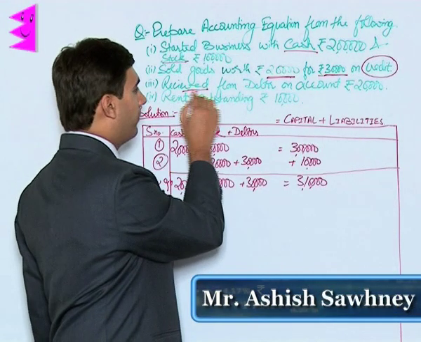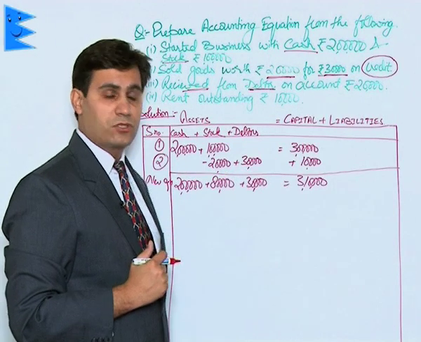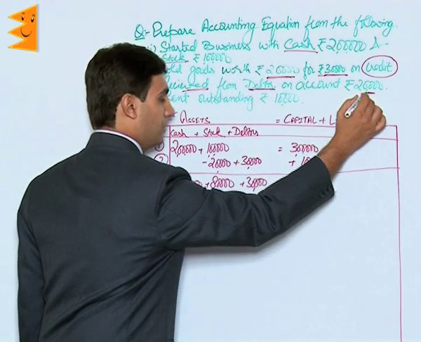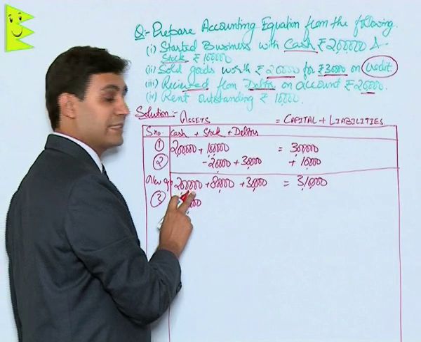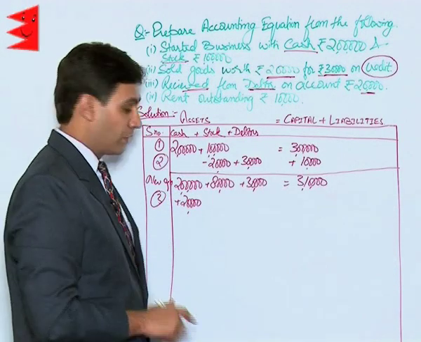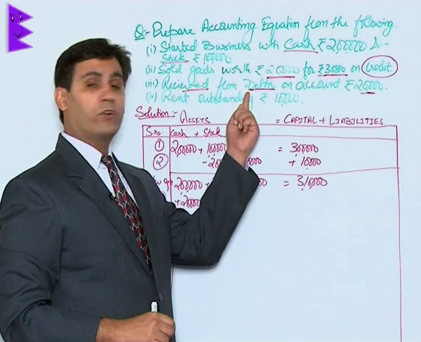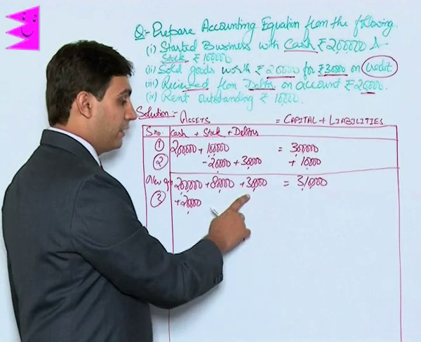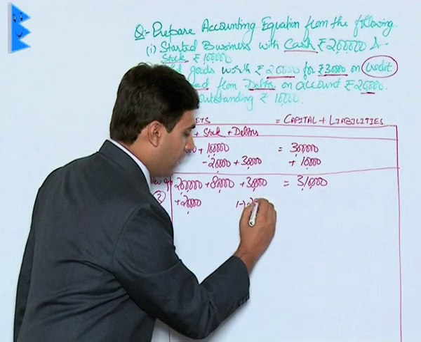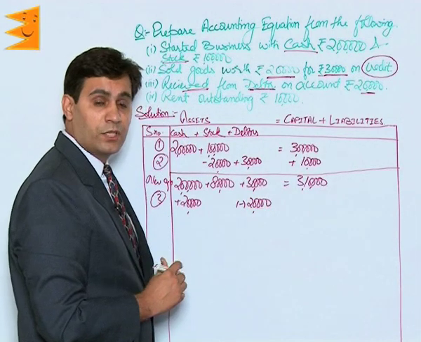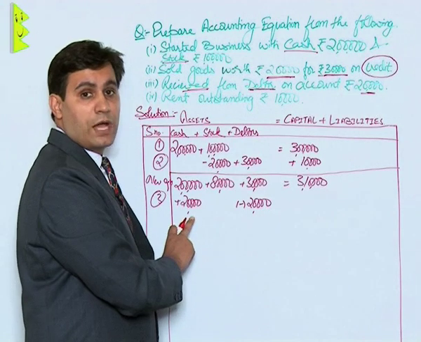Now received from debtor. Received means we have received something in cash. That means we are receiving cash of rupees 20,000. So let us add this 20,000 into the already existing cash of rupees 2 lakh. So 20,000 is now added here. This cash we have received from debtors. That means debtor who had to pay us 30,000 rupees earlier will now be reduced by 20,000 that he has paid. So the double effect is reduce the debtors by 20,000 and we have received cash, so add 20,000 rupees